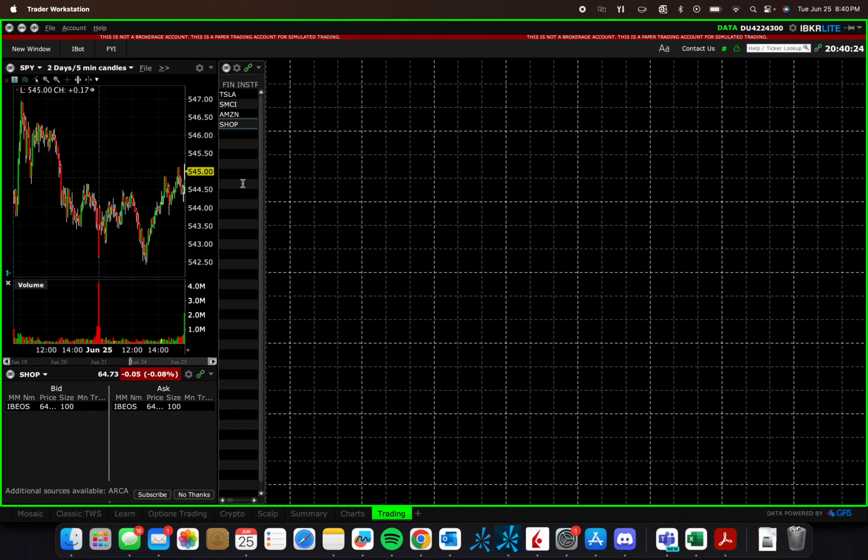Okay, so yeah. As you see here, my watch list is linked to my level 2, right? So these are color coded, the chain link, and what that does is anytime you click on a name, its level 2 pops up here, and I'm a very big level 2 trader. I would say that the majority of the time I'm actually looking at level 2 when I'm in a trade,